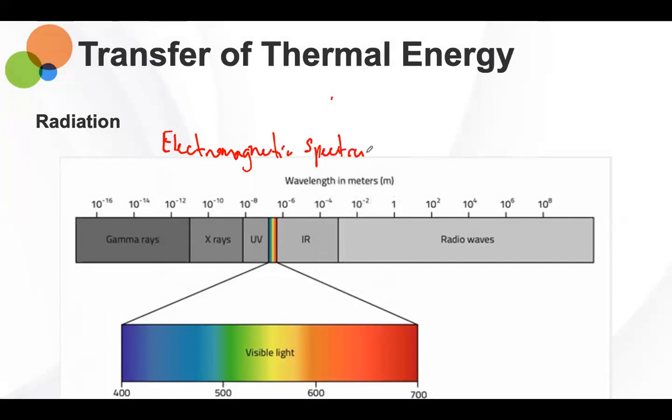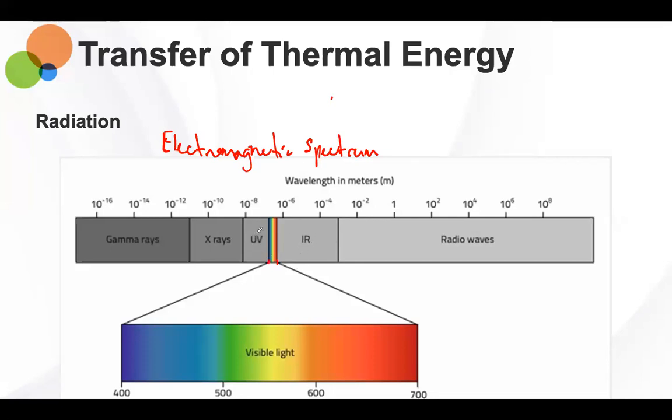So these waves are able to be transmitted through space without any form of resistance. They're able to do that without any form of particles as well. This section here is called the visible light section. You have infrared